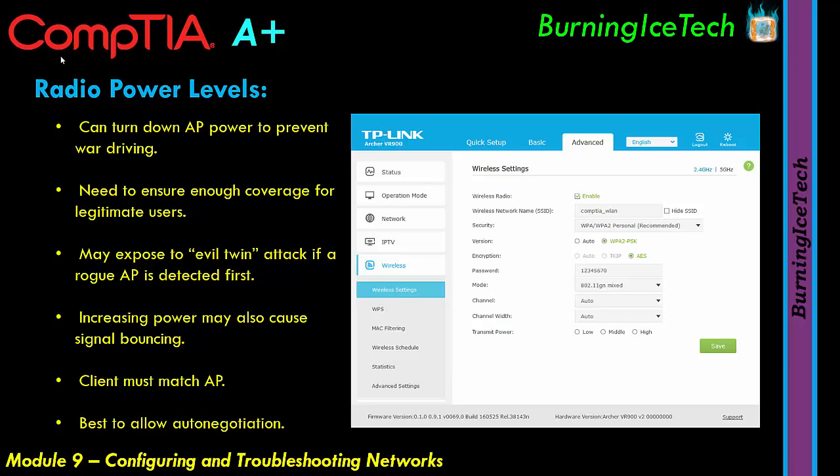Okay, and then let's take a look at radio power levels. Now this is basically just the signal strength of your access point or your router. In other words, how far away could you stand from that device and still be able to receive a signal? Now, some devices, not all, I would actually say most devices do not have this functionality, but some of them actually have the ability for you to choose how strong you want that signal to be, the power